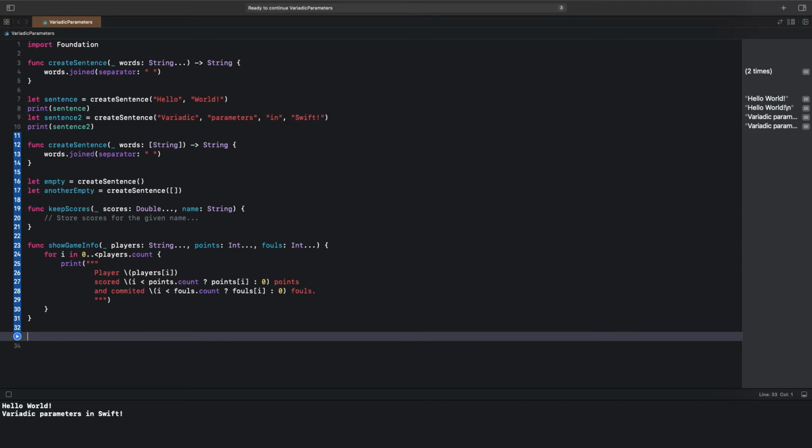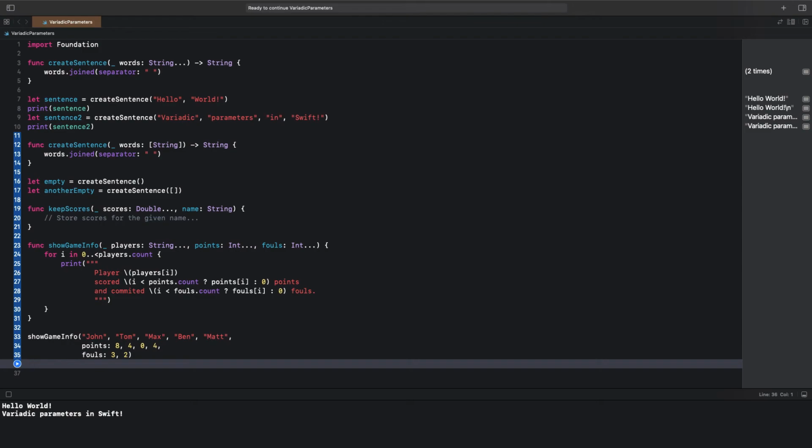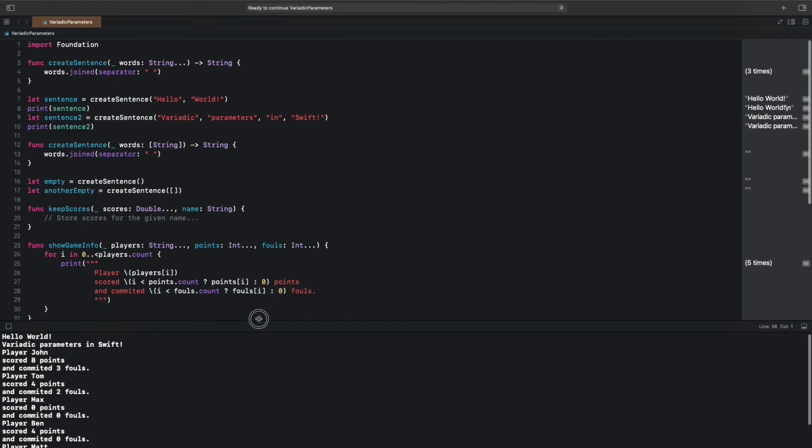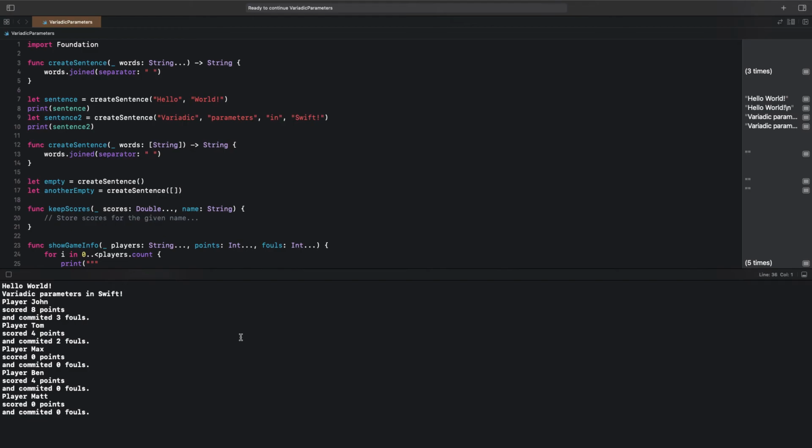As it was already mentioned, the next one after each variadic parameter has an argument label. Also, all of them are treated inside the function as arrays. When this method gets called, we can provide as many values to each parameter as necessary. Here is, for instance, how we call it passing an arbitrary number of values for each parameter. Let's run to see what's printed on the console.